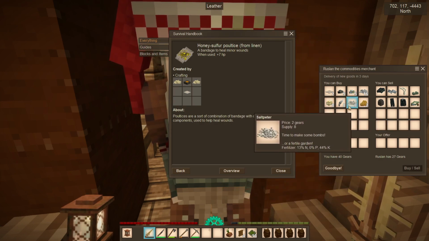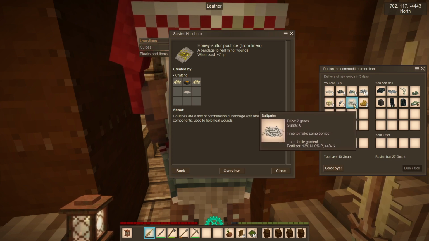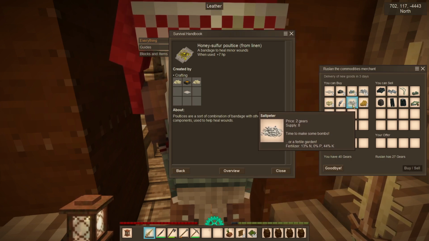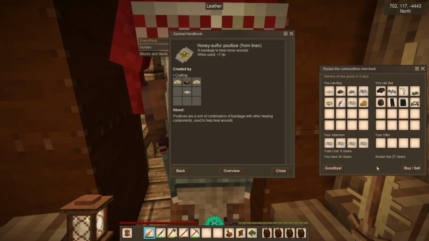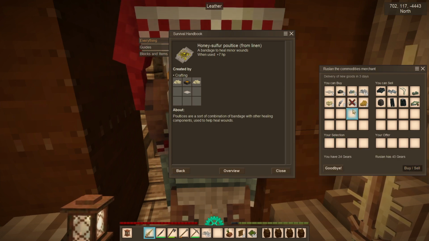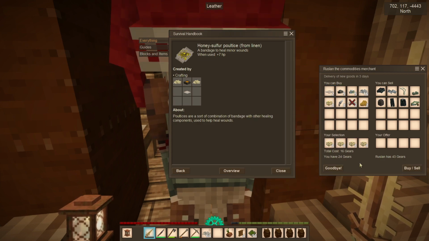Saltpeter, interesting. Again, fairly cheap. If nothing else, that is actually potassium fertilizer. You know what? I'm not opposed to the idea. That's all of it, right? That's done. That cost us 16, but that's the entire...